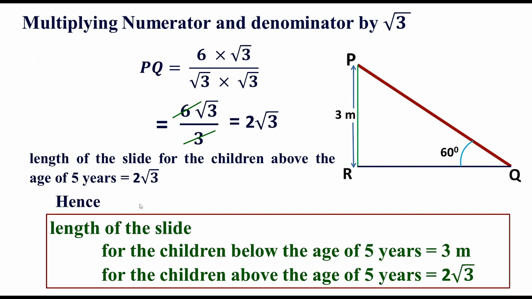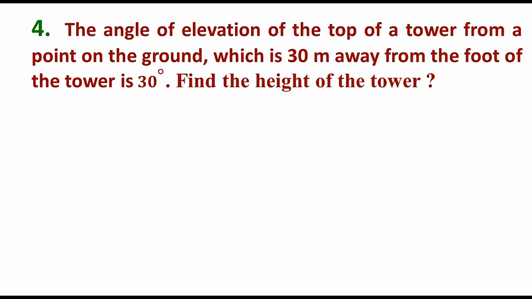Hence, the length of the slide for the children below the age of 5 years is equal to 3 meter, and for the children above the age of 5 years is equal to 2 root 3 meter, and this is the answer of the question. Next question is, the angle of elevation of the top of a tower from a point on